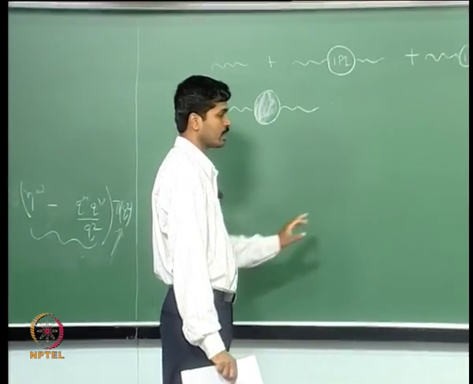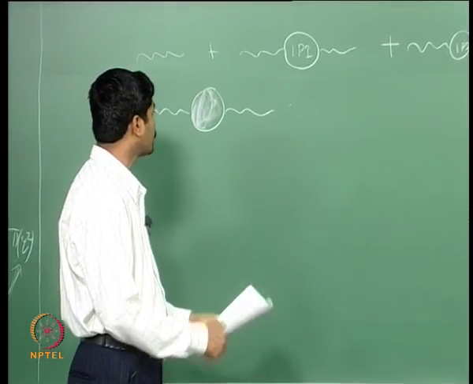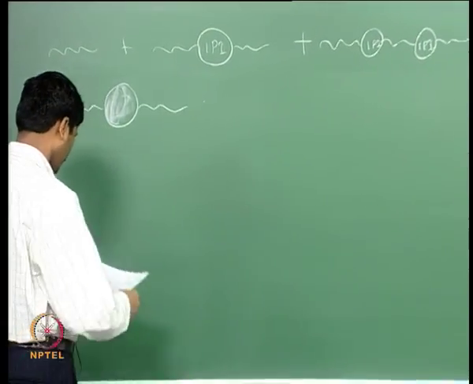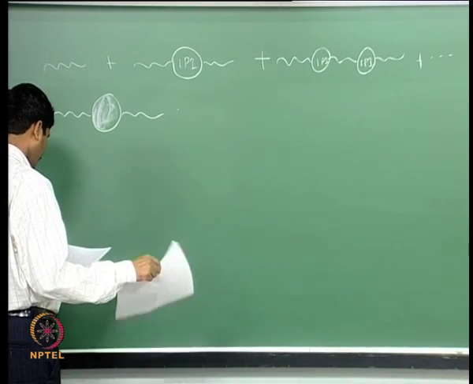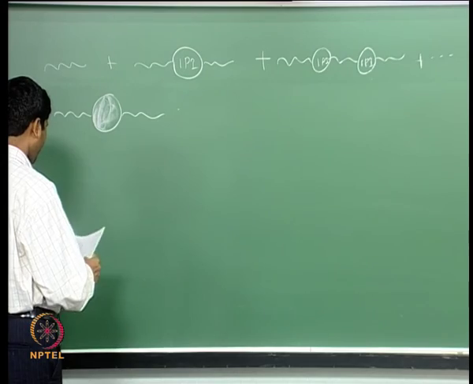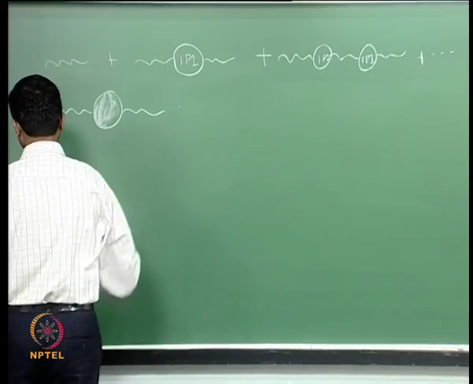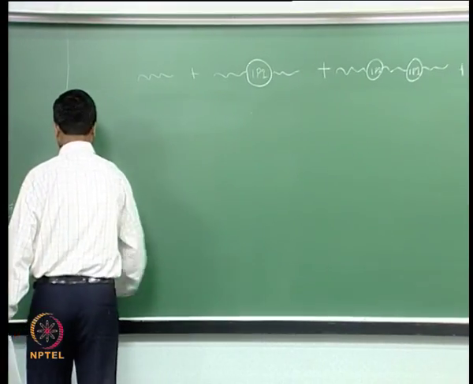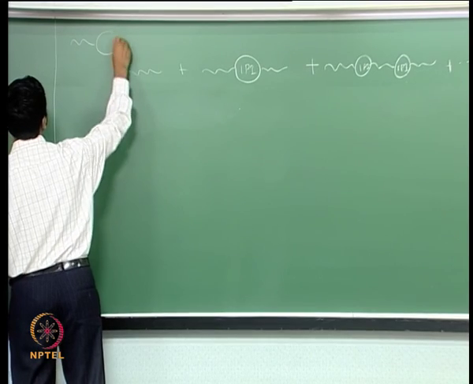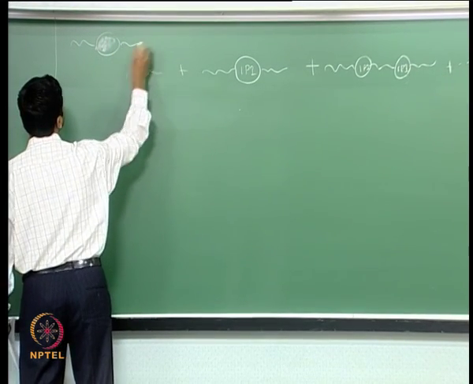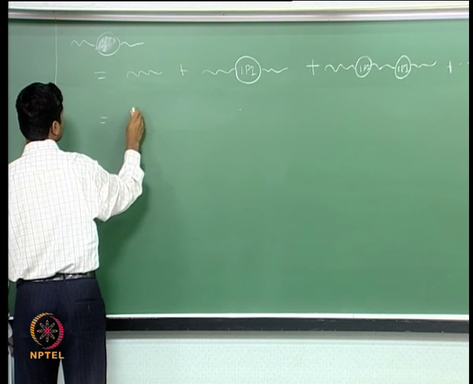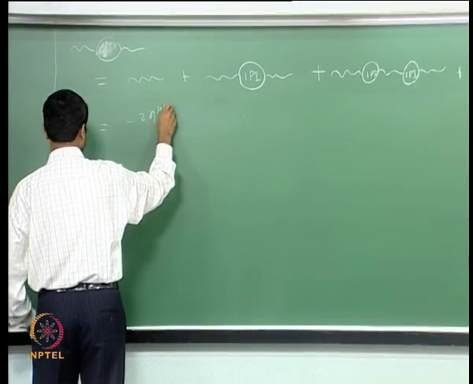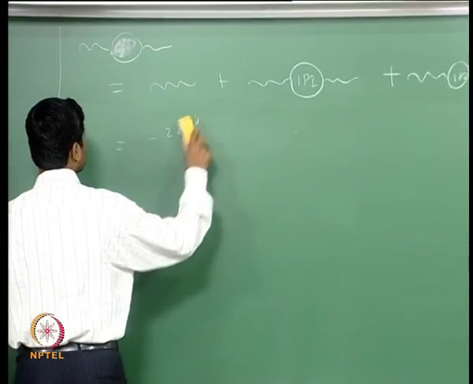The exact propagator to all orders in perturbation theory can be computed by summing over all such diagrams, and this is given by: the tree level term will give me minus i η_μν